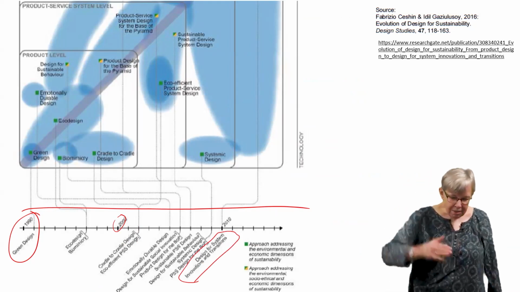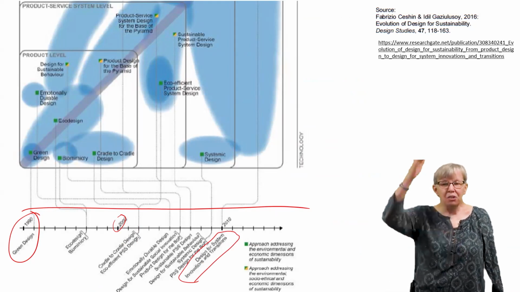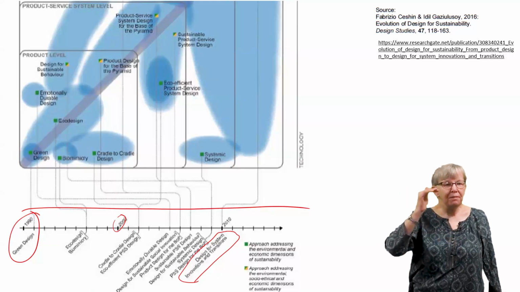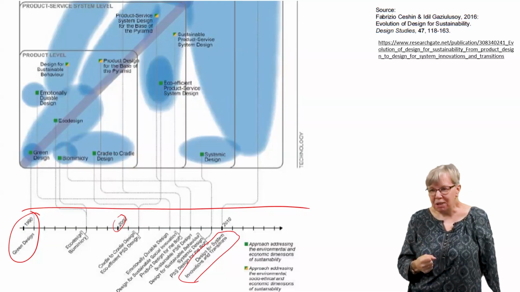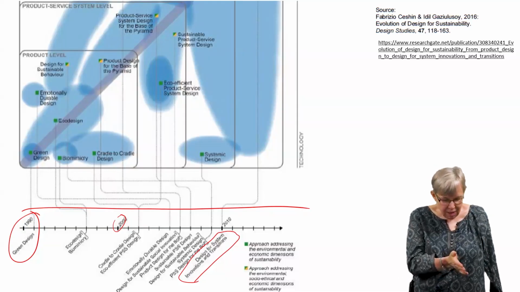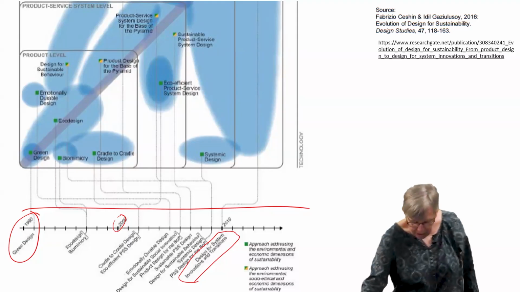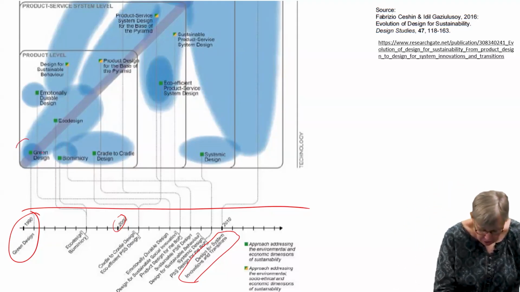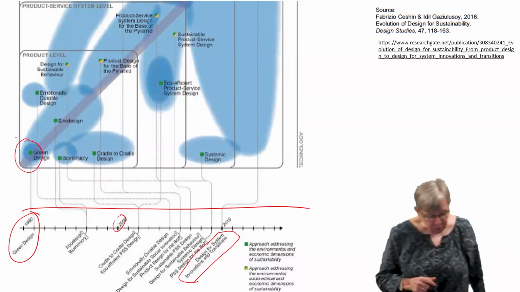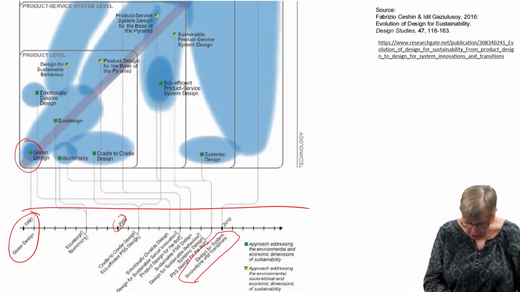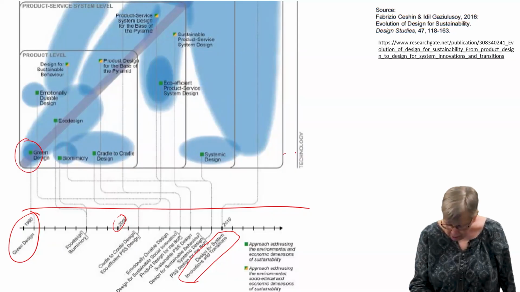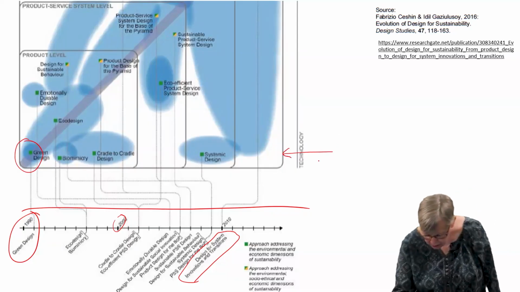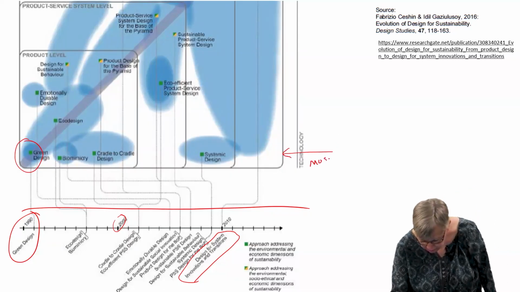So the y-axis is, the higher up on this graph, the bigger the change and the better the change. In 1990, we started down with green engineering and green design and some of the stuff that we've talked about, cradle to cradle. It came later, but it's still down on this lower level. So this is mostly